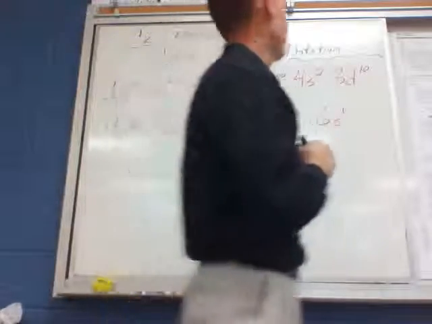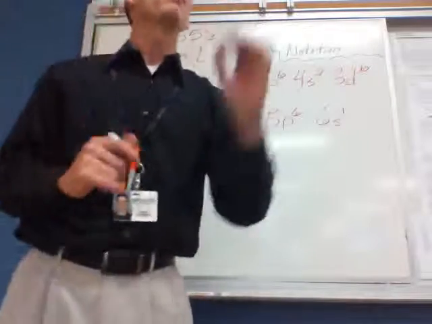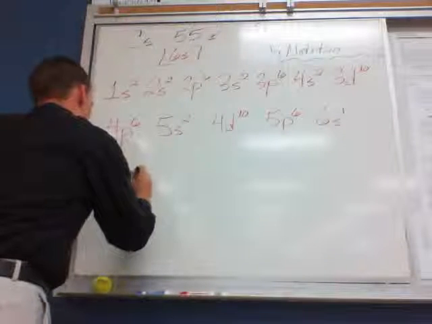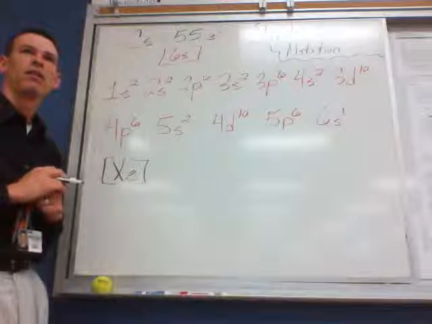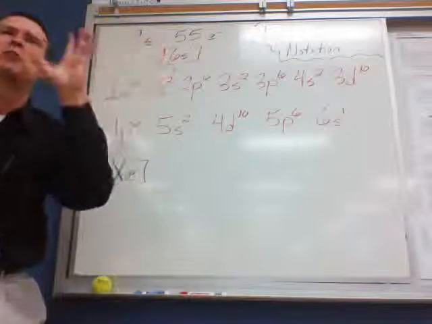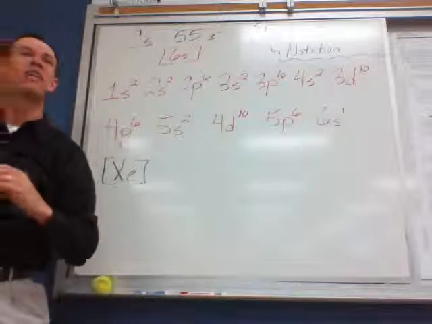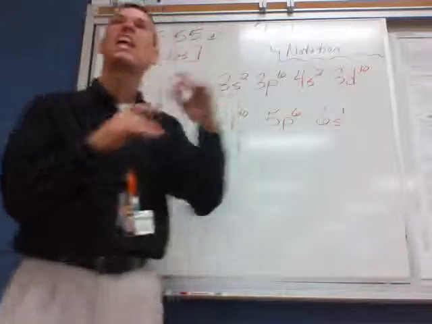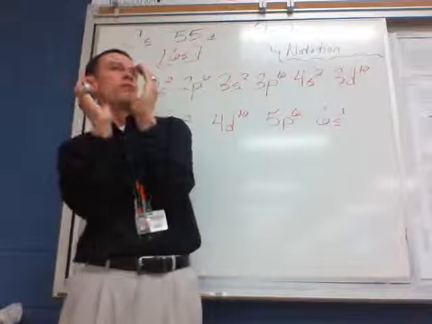What noble gas is that for cesium? It's xenon. All right, and watch what I get to do. Write xenon, the symbol, and put it in brackets. Now check this out. By doing that, we have assumed all of the configuration up to xenon. Instead of writing 1s2, 2s2, 2p6, by putting xenon in brackets, we've said, hey, everything before xenon,